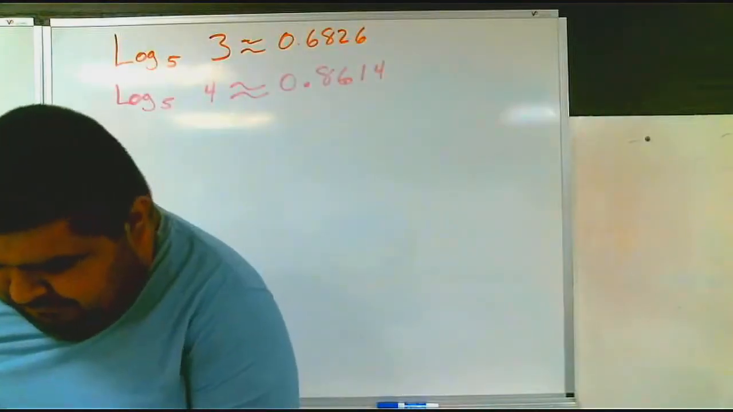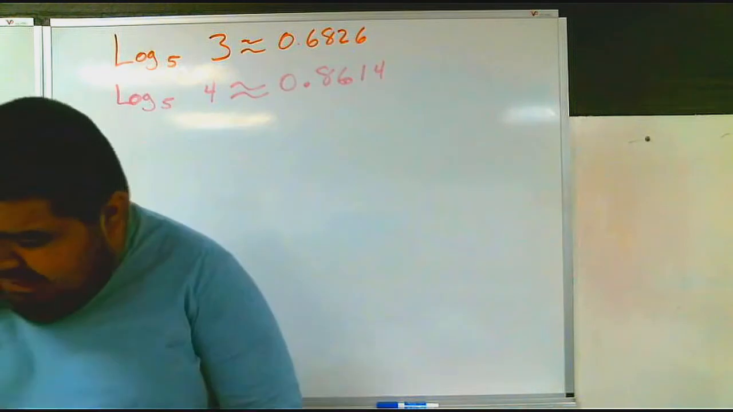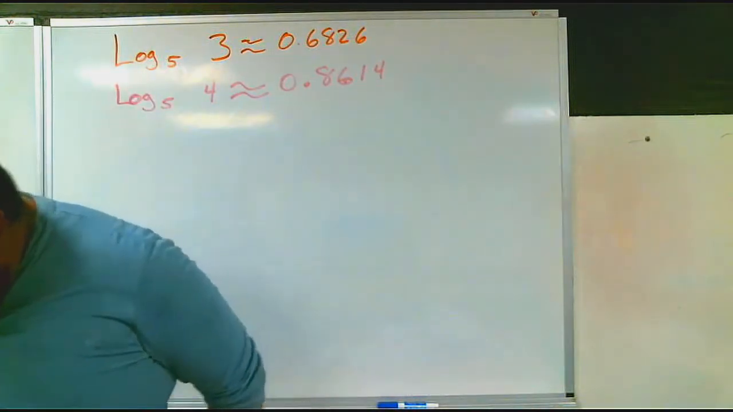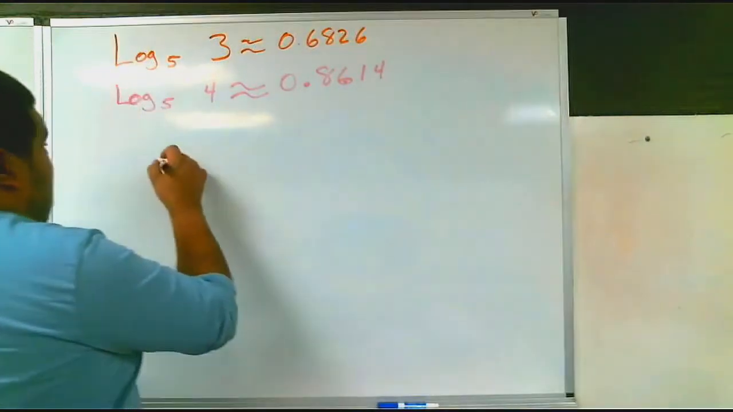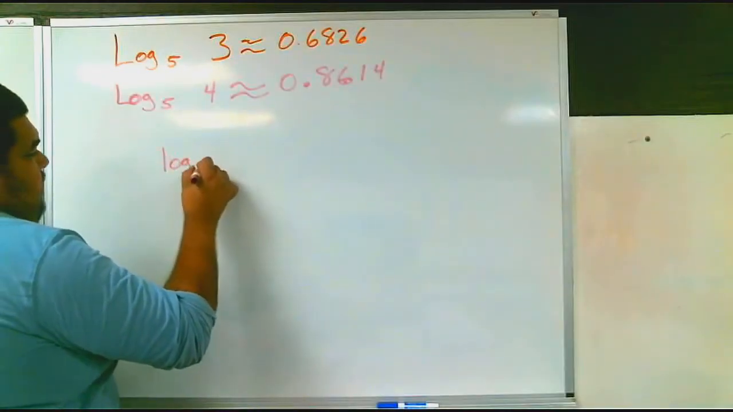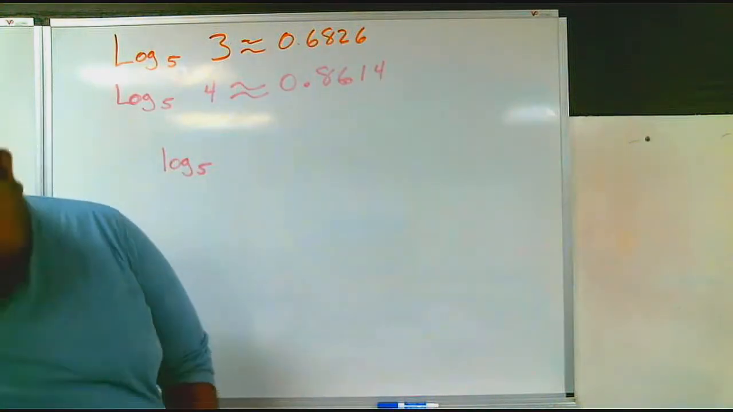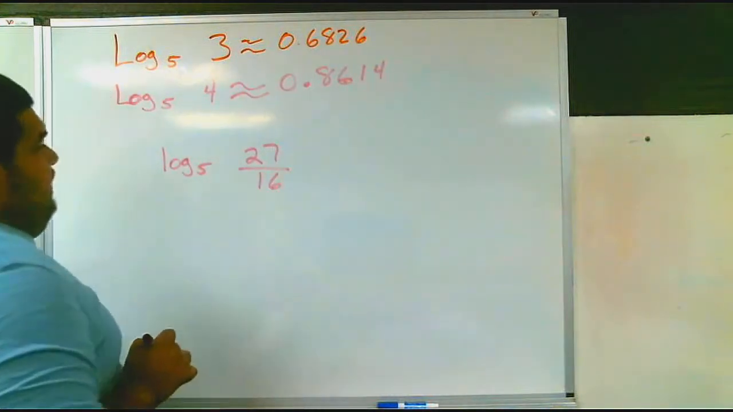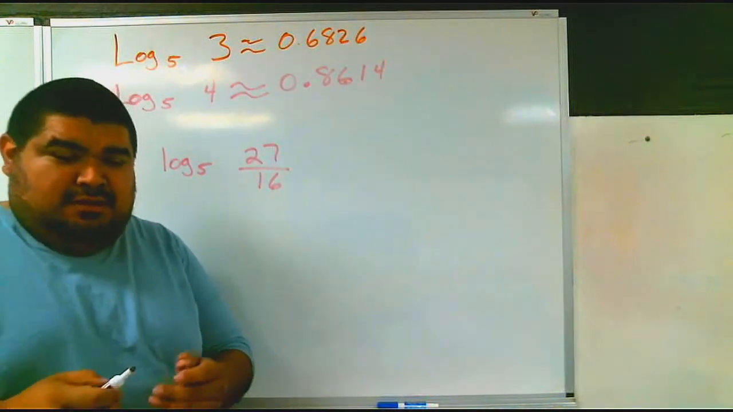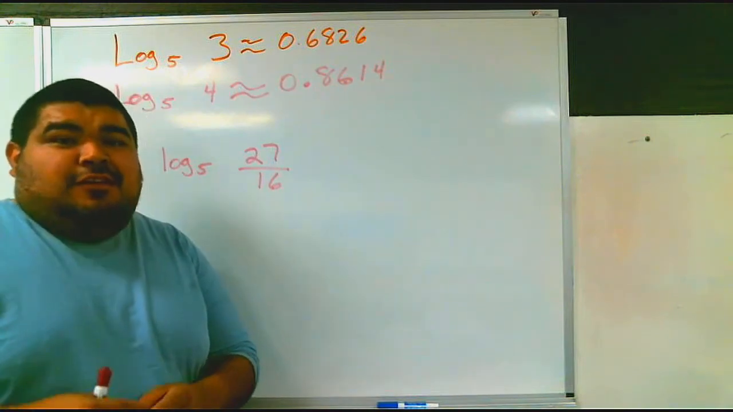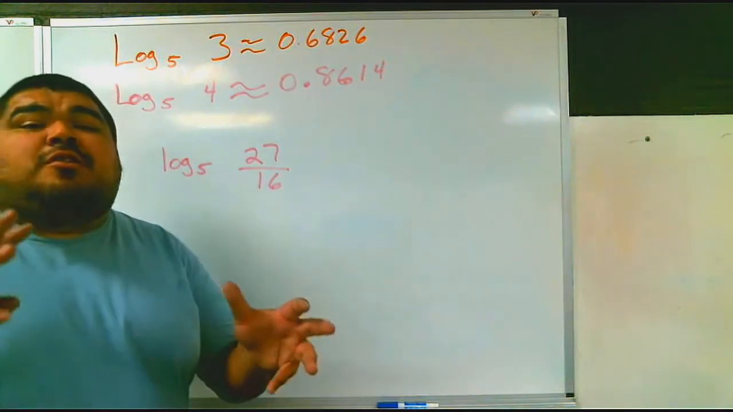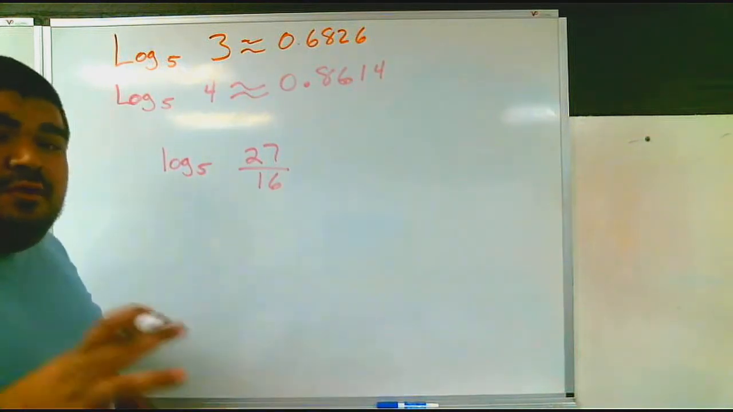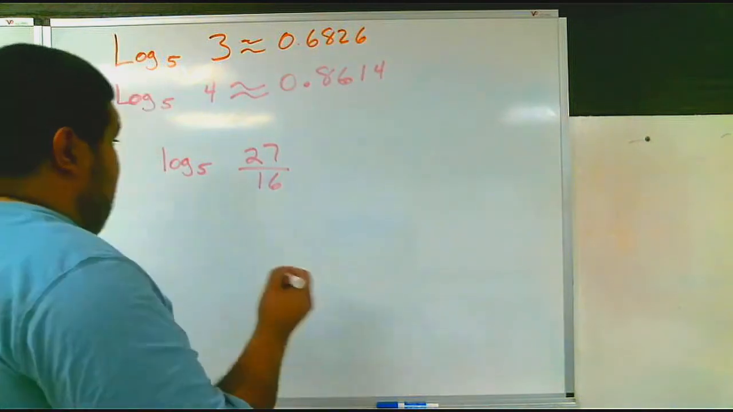All right, so this time we have log of 5, 27 over 16. Okay, I will say this. This is why I picked this one, because I have to do a little bit of both combined. Okay, meaning, let's focus on the top part first. Okay, so we have log of 5,